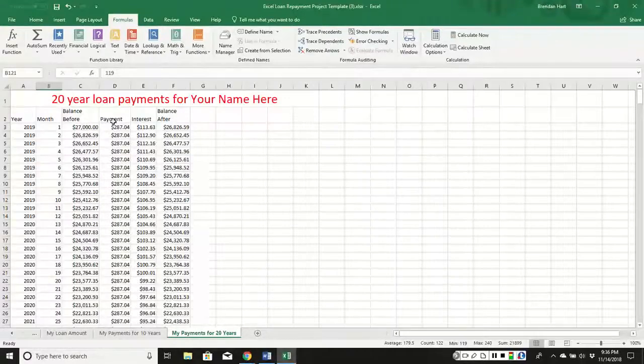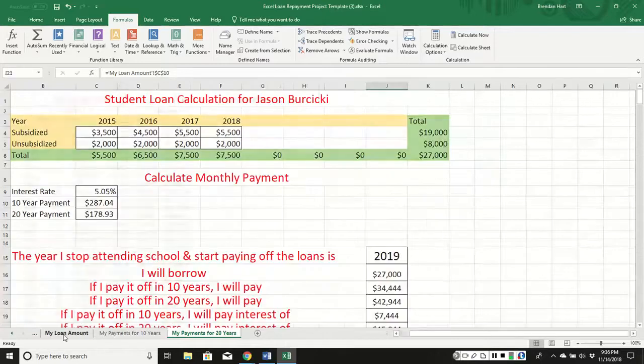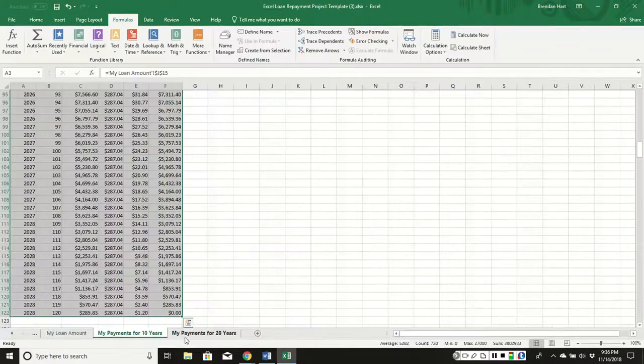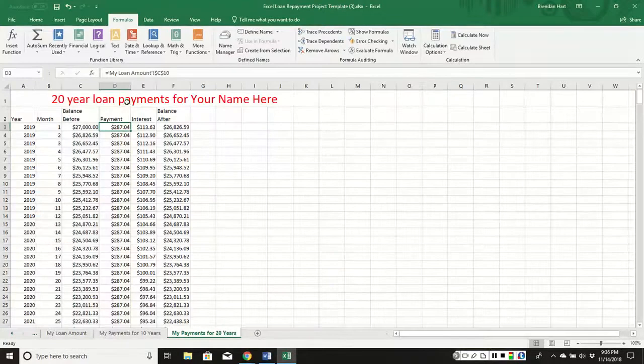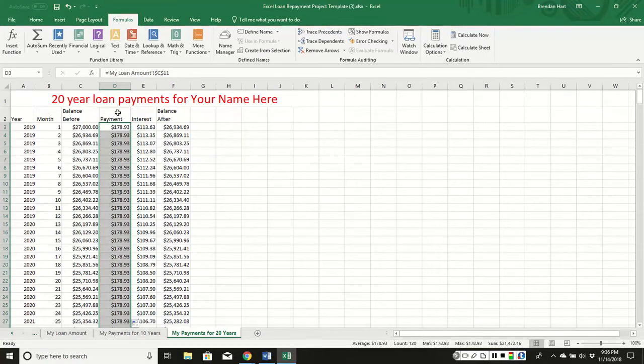Your balance before is still going to be the same, but your payment is no longer the same value in C10. If you refer back here, it's C11. So on your My Payments for 20 years, just go to the first row that has data in column D and change the 10 to an 11, just like that. And right now with this one's fixed, you can double click the fill handle and it will automatically fill everything